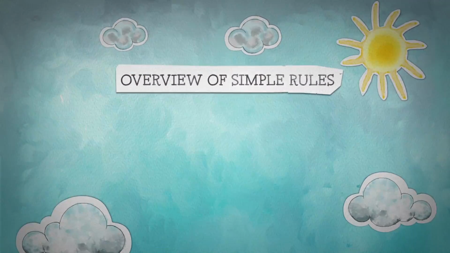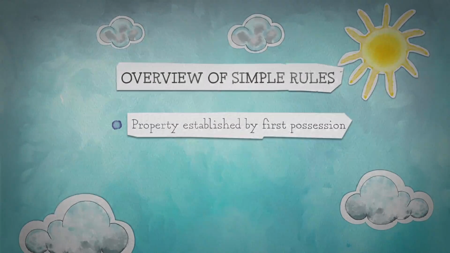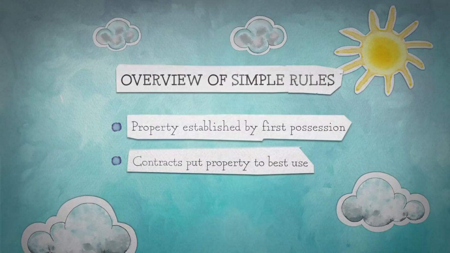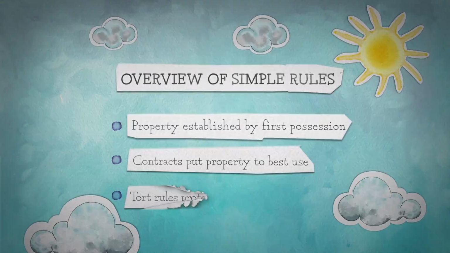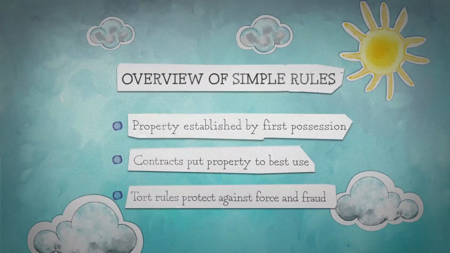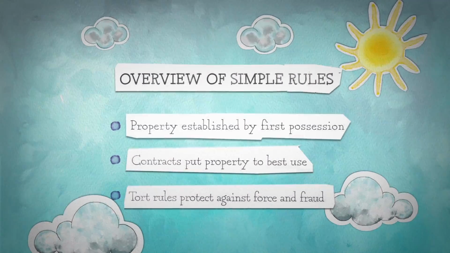So the basic overview of the particular system is that the property rules get things into play, the contract rules put them to their best use, and the tort rules make sure that no outsider can disrupt what voluntary systems have put together. This means, in effect, that once the property rights are established, no individual is entitled to disrupt